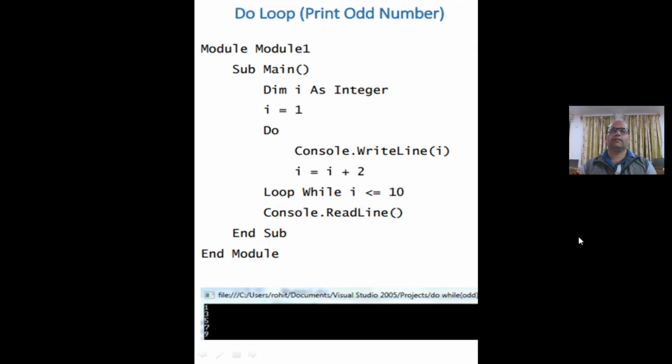हेलो एवरीवन। इस सेशन में हम डू लूप का एक और प्रोग्राम जो है उसे डिस्कस करेंगे।